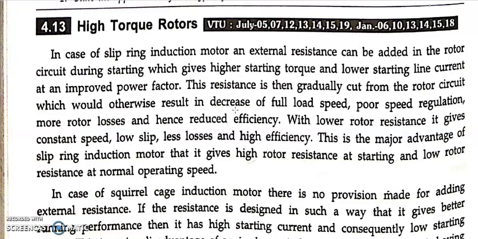And also, after reaching normal speed or say 70 to 80% of normal speed, we should think the other way also. There should again be a normal flow of current, and the resistance which was offered high initially should be less. Whatever I told just now might not be properly understood, but we can understand this by learning the coming topics. But make sure this high torque rotors topic is dealt with respect to squirrel cage induction motor, because there is no problem in slip ring induction motor to produce high torque.